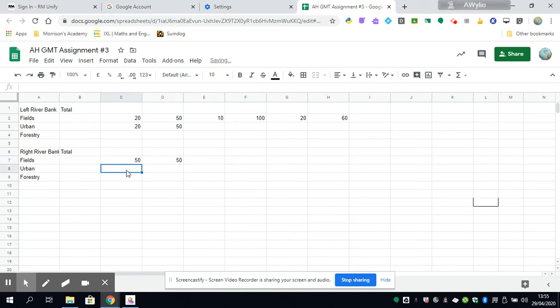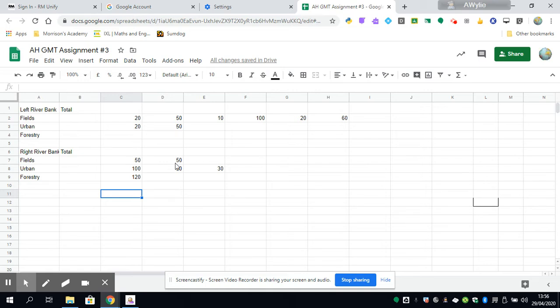I had a big stretch of urban, and I also then had a smaller one, and then another one further on. And then let's just say I had a big chunk of forestry at one point, and that was it. Okay. So what am I going to want to do now? Well, the first thing is I could just use a calculator to total these, and it's quite easy to see